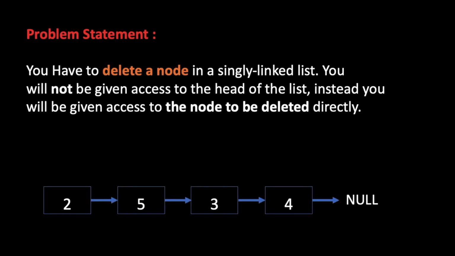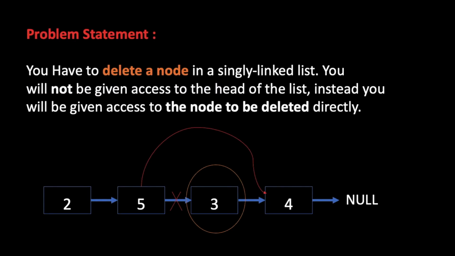So if we look at the example, we have to delete the third element from the linked list. So the basic approach can be we can simply cross the link to the third node and connect the fifth node with the fourth node. In this way, the third element would be deleted and the linked list would be in a form 2 would be connected to 5 and 5 would be connected to 4, as 4 is the last node of the linked list.